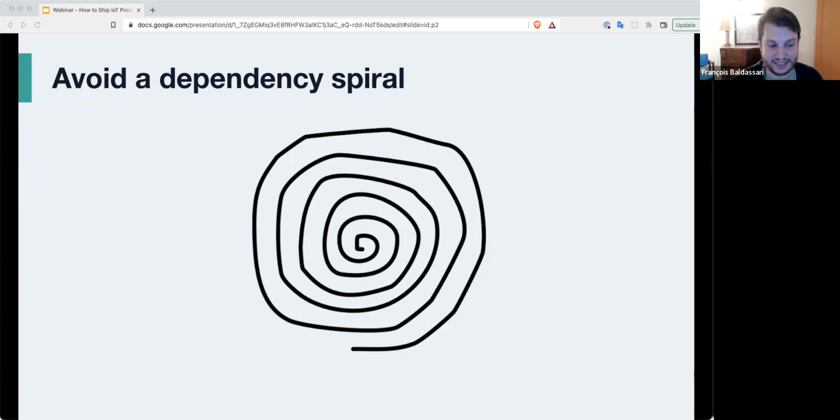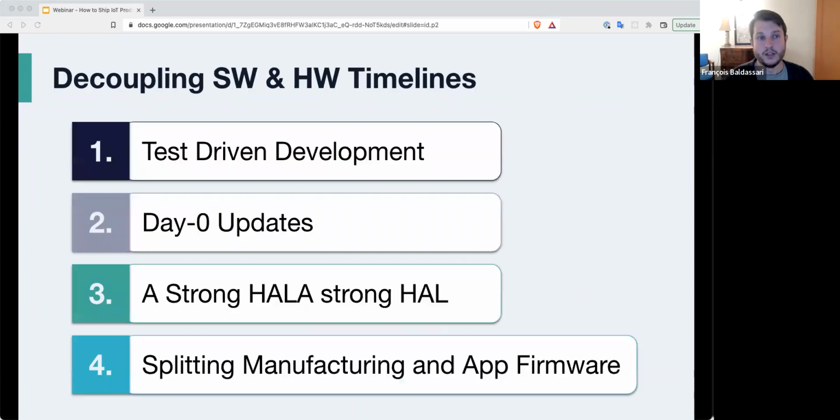And I've even seen sometimes circular dependency where 2 teams are waiting for each other to do something and no progress gets done. So because I'm a firmware guy and I mostly think about the interaction between software and hardware, I'm going to share 4 things that I've done in the past to disentangle and decouple dependencies between your software and your hardware. And those 4 things are test-driven development, doing those day zero updates that I already talked about briefly,